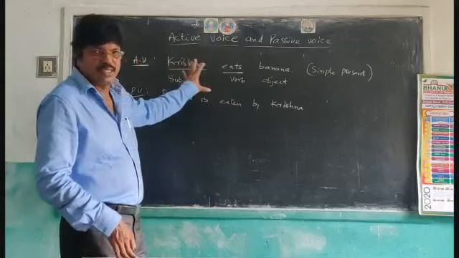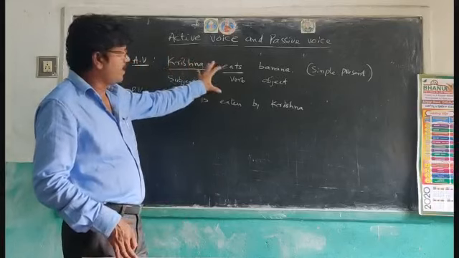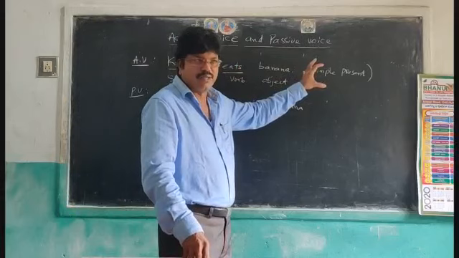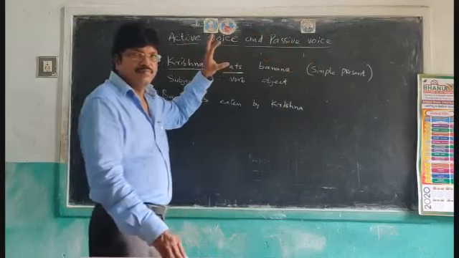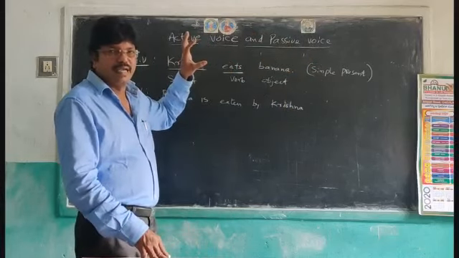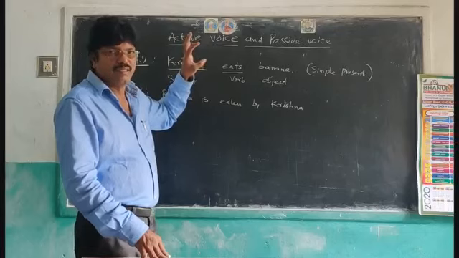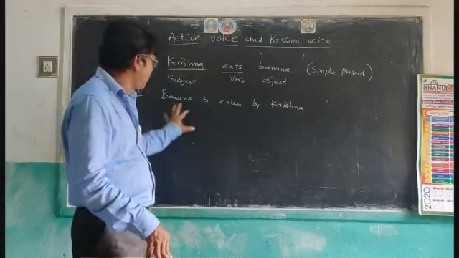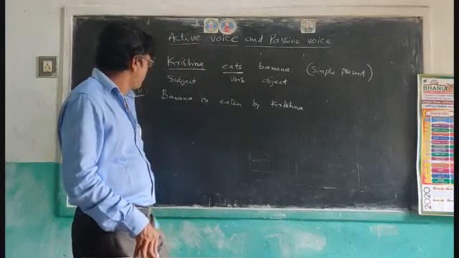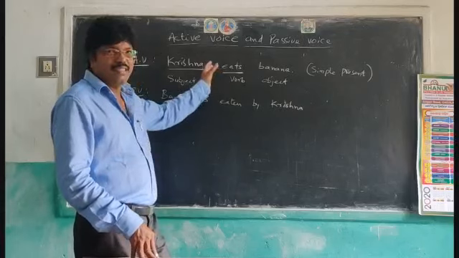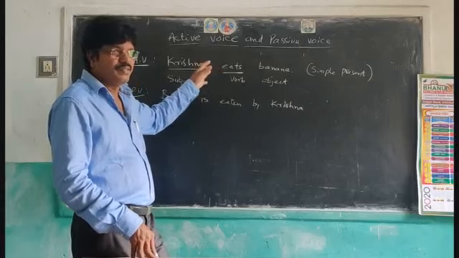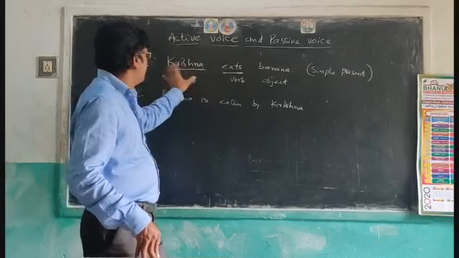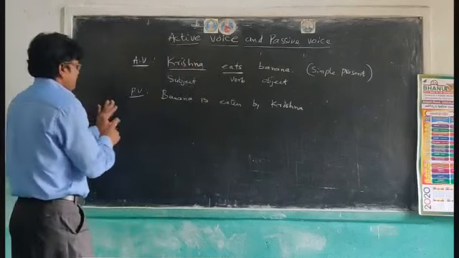What are the changes? Once observe. Immediately identify the tense of the sentence: simple present tense. In simple present tense we use the be form: am, is, are. If the subject is singular we use is. Here banana, we use is. Banana is. Always in passive voice use the verb V3 form, the past participle form. It's eaten by Krishna.